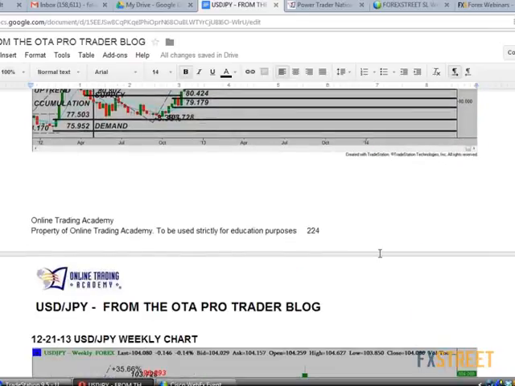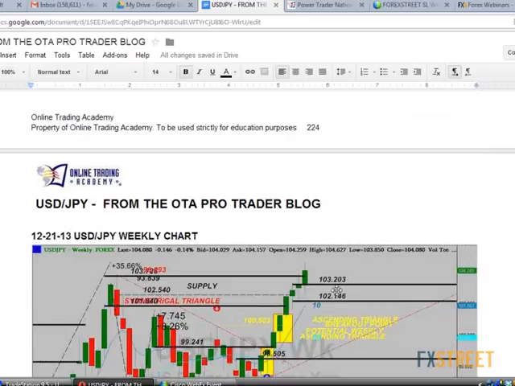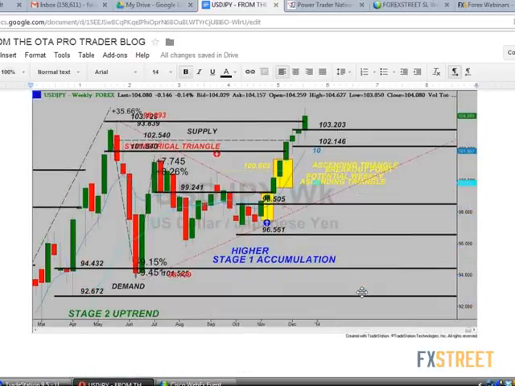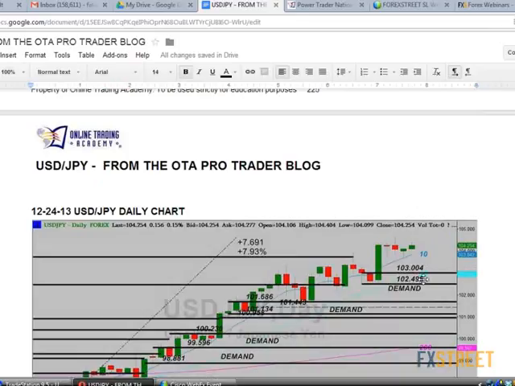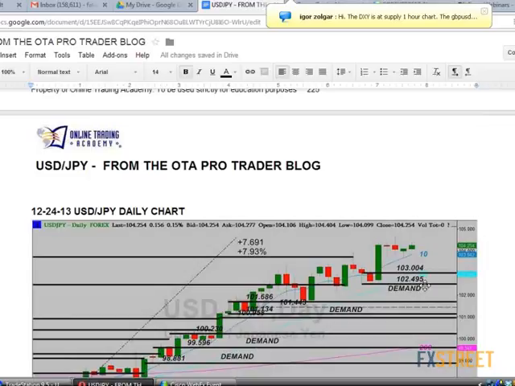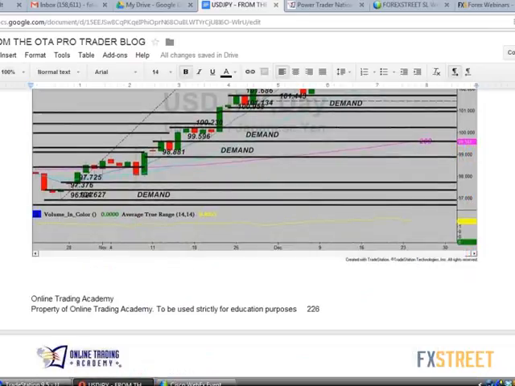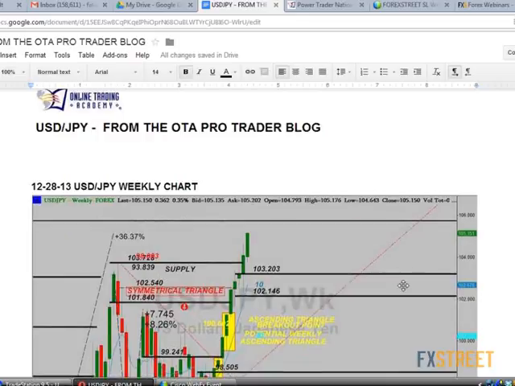And that meant that if there was any kind of weakness, it would be possible for the market to find buyers in that level. But remember now, at this point, the markets are breaking out to new highs. The trading volume is very thin. We are creating daily demand levels as we go. And we have one now between 103.004 and 102.495, right? And we are looking as though we were going to push a little higher. And we probably are going to find sellers when we do push higher and we reach the area of supply